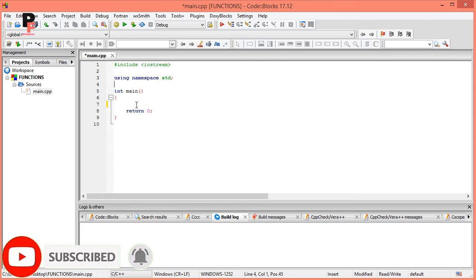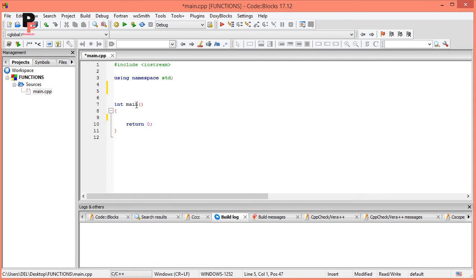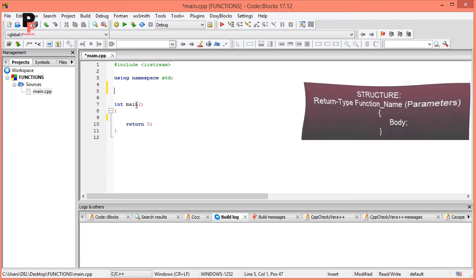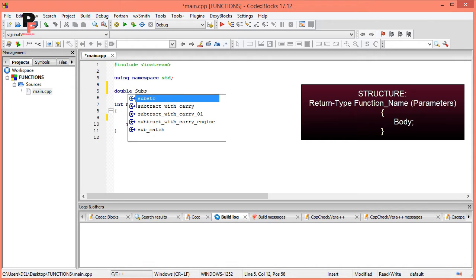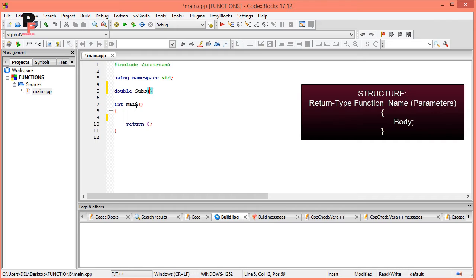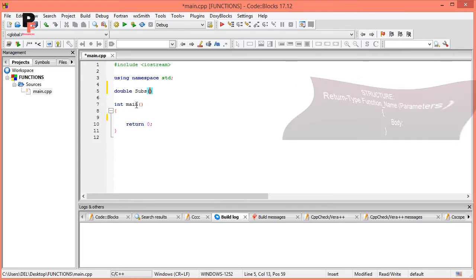So let's make a program which will return the subtraction of two numbers. The structure of writing the function is: first the data type. The data type for that is double. Then the function name. The function name is subtraction, or subs. And then the parameters. Parameters are optional, but in this case we want parameters, and I am going to subtract